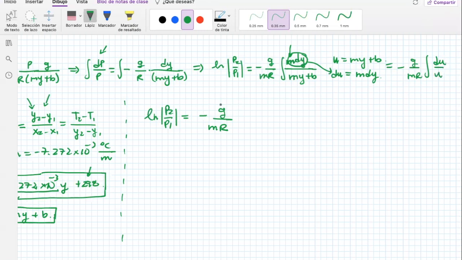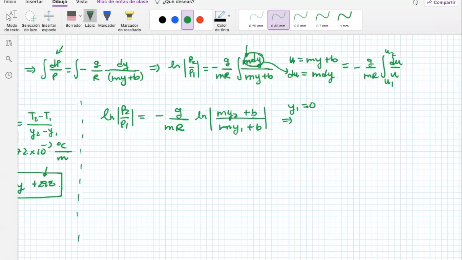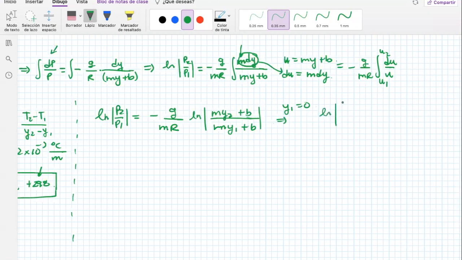Okay, so this one is just a logarithm. So logarithm of u2 divided by u1, going from u1 to u2. Therefore, this is a logarithm of m y2 plus b over m y1 plus b. So this is u2 over here, and this is u1 here. And I don't know if you remember, but y1 was equal to 0. Therefore, this simplifies a little bit more: logarithm of p2 divided by p1 equals minus g m r